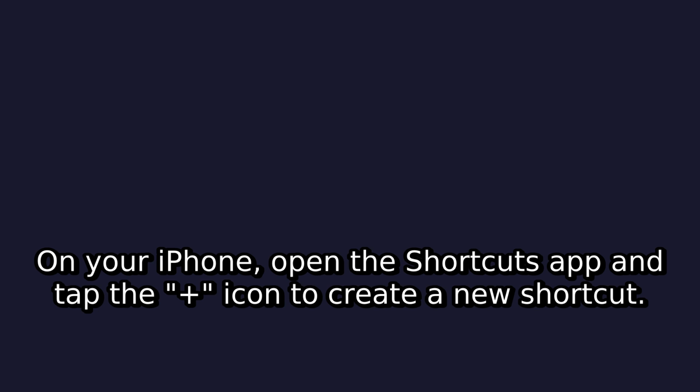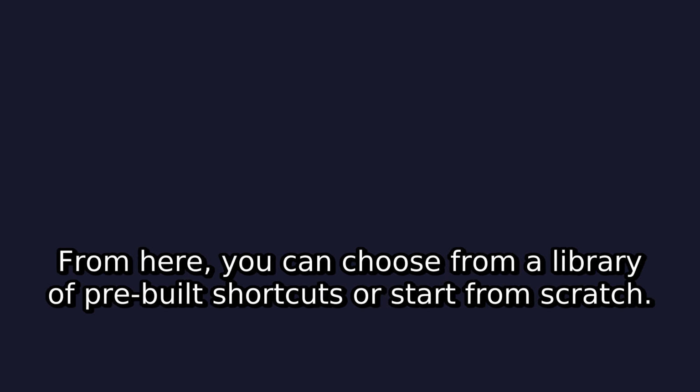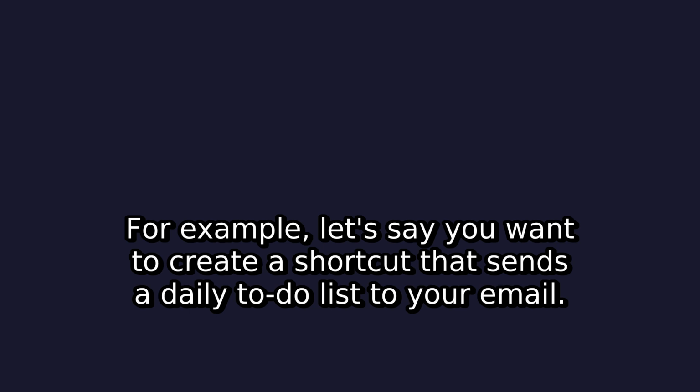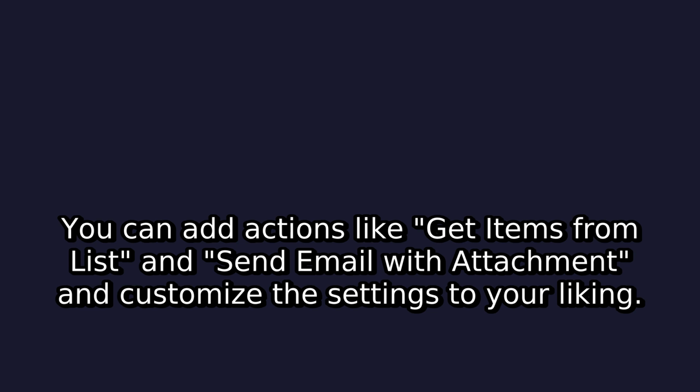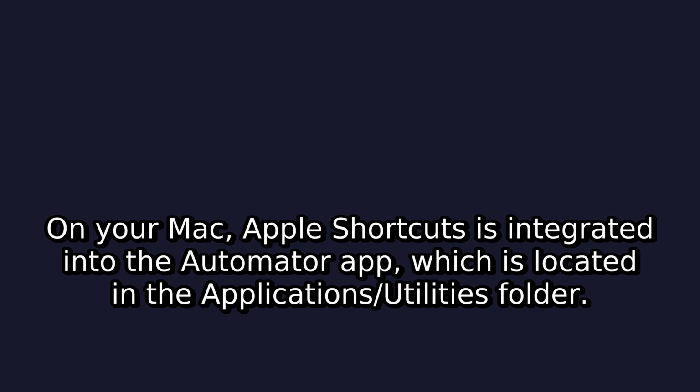On your iPhone, open the Shortcuts app and tap the plus icon to create a new shortcut. From here, you can choose from a library of pre-built shortcuts or start from scratch. For example, let's say you want to create a shortcut that sends a daily to-do list to your email. You can add actions like get items from list and send email with attachment and customize the settings to your liking. On your Mac, Apple Shortcuts